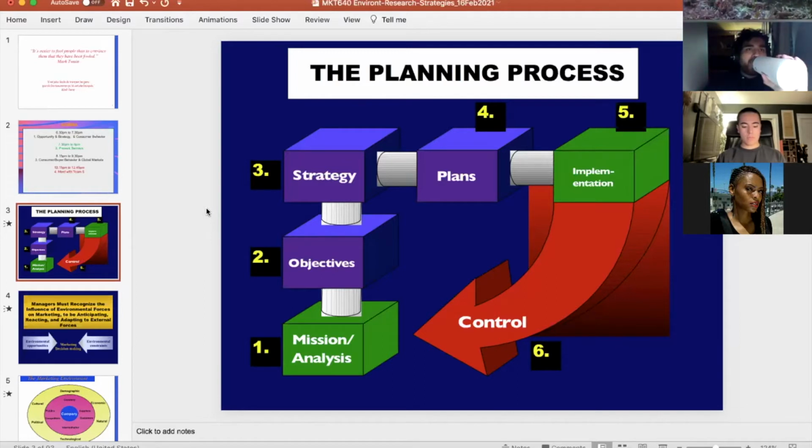What is the number 6 control? The number 6 control is the idea that when you develop a strategy, it's not only important to create strategies, but it's also important to constantly measure the effectiveness of your plans and the success of your plans. How did they meet the objectives? When did they meet the objectives? And why do you do this feedback control? You do this because you want to monitor and maybe adjust as you go.